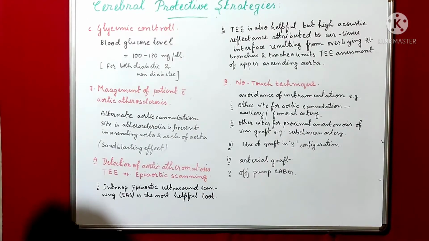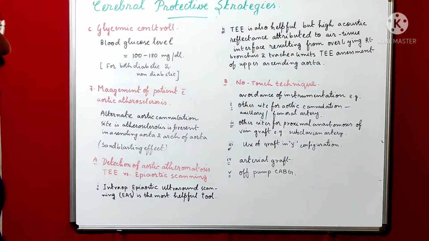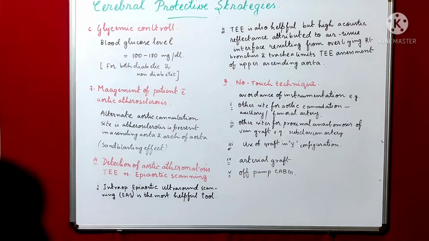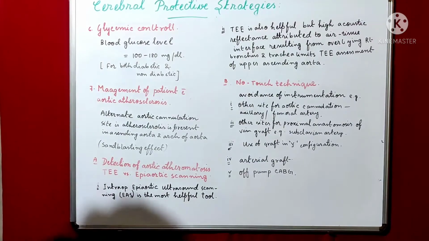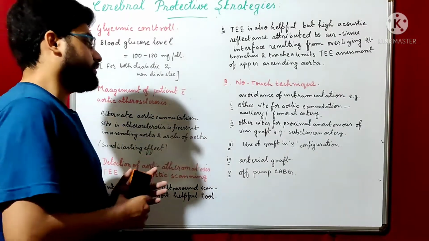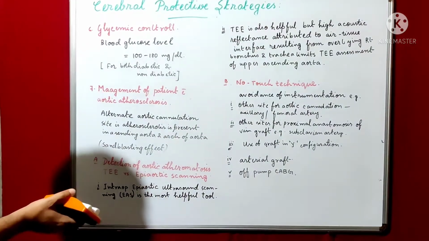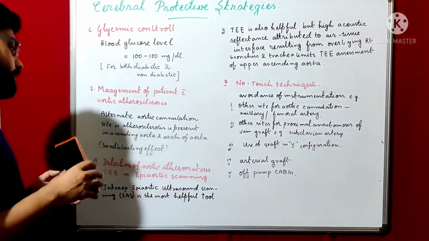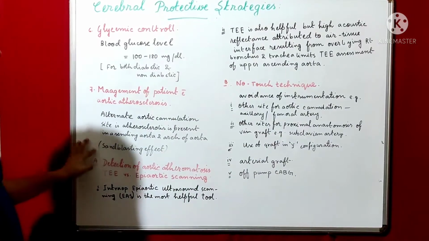Now what will happen if we cannulate the atherosclerotic aorta? Firstly, due to cannulation there will be dislodgement of atherosclerotic debris. Then when you give the arterial flow through the cannula, the flow will hit the atherosclerotic wall of the aorta, and that will cause dislodgement of aortic atheromas in small parts or small debris, which is called the sandblasting effect.